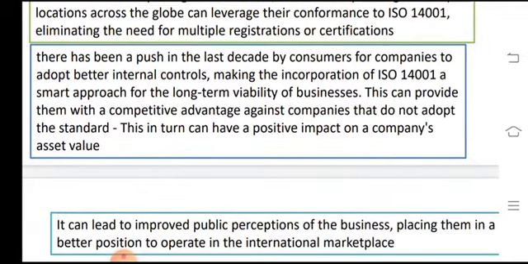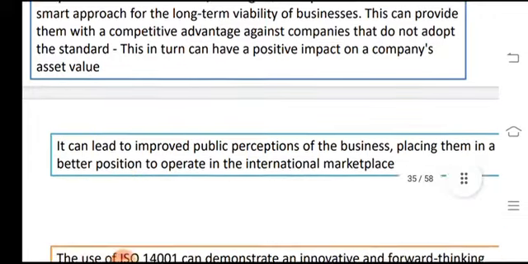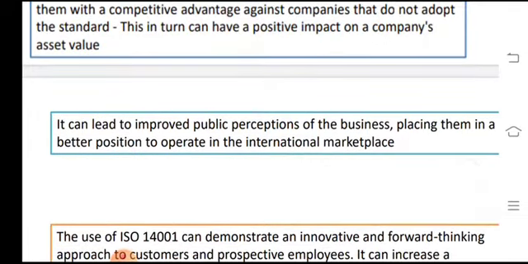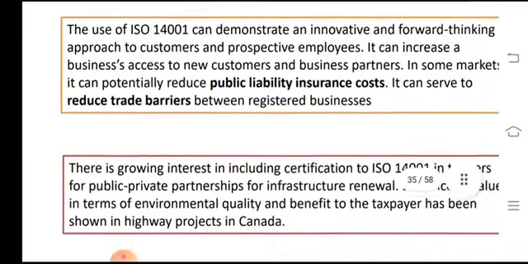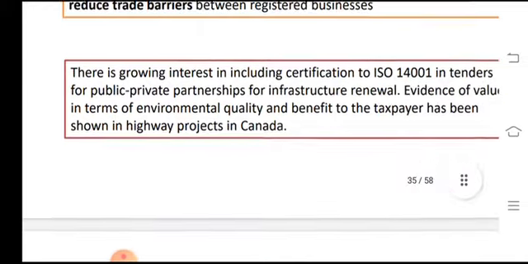There has been a push in the last decade by the consumers of companies to adopt this, to make the incorporation of ISO 14001 a smart approach for long-term viability of business. So it will have a positive impact on the assets as well as a positive impact on the environment. So please go through these